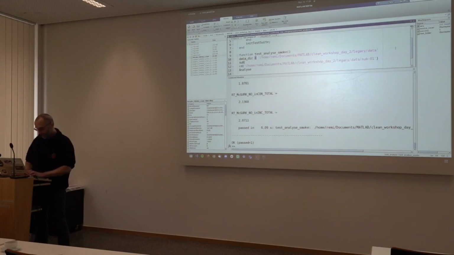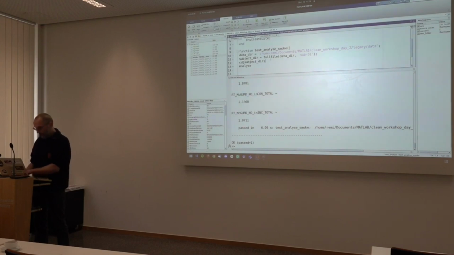Our subject directory is fullfile of data dir, sub-01. Cool. So we just want to move to the subject directory. So far, so good. And this is sort of the setup.